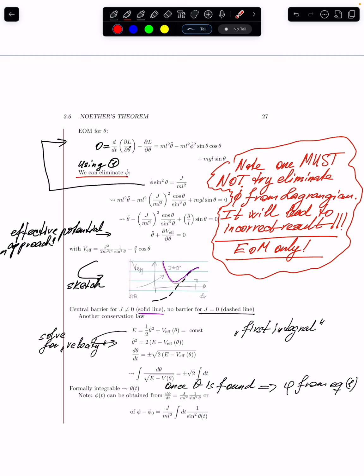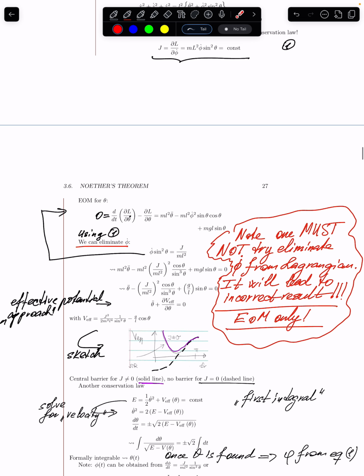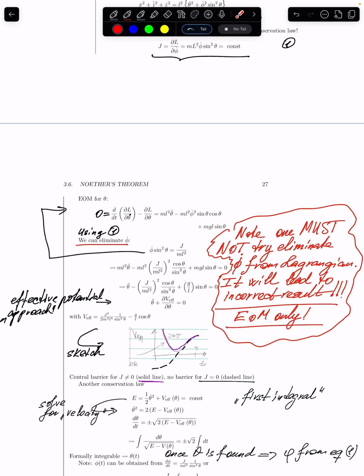Okay, so at any non-zero j, and by any means the j will be defined by the initial conditions, at any non-zero j, we will have the potential barrier. So we will have a central barrier where theta goes to 0. There will be infinity in the potential. While if j is zero, then the barrier disappears and we obtain this type of potential. This already tells us about possible